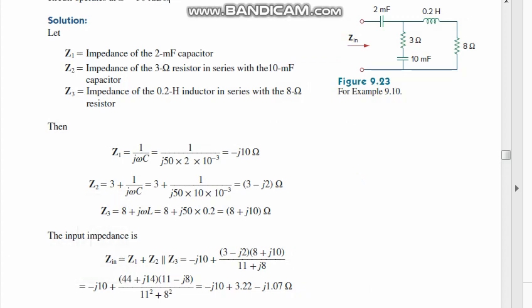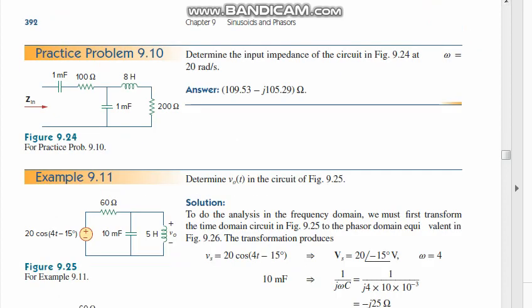Then calculate it and find out the Zin. Do this math at your home, you can easily calculate it,